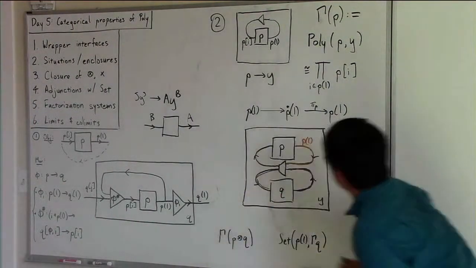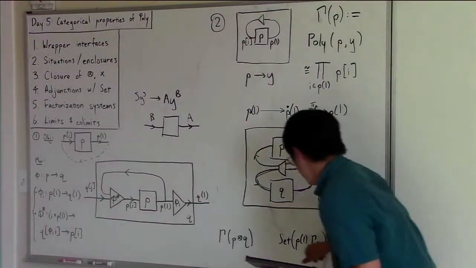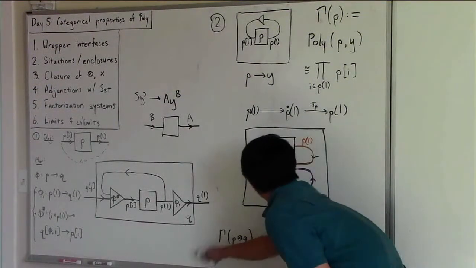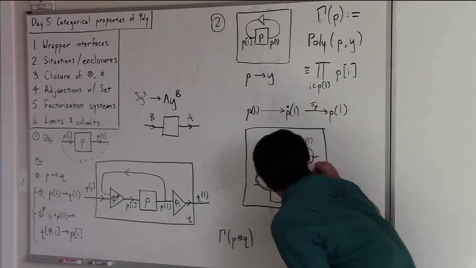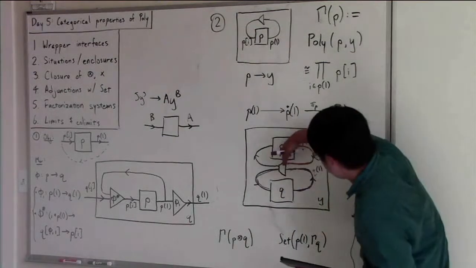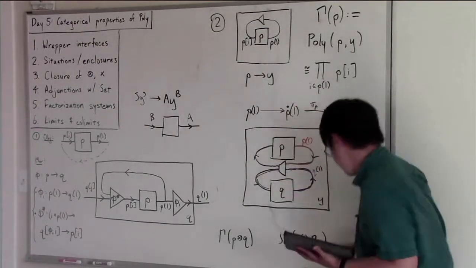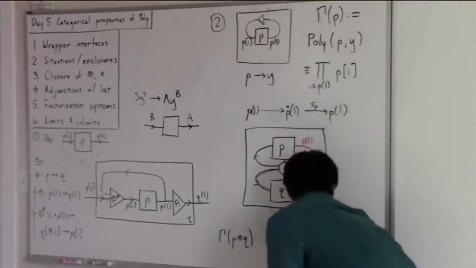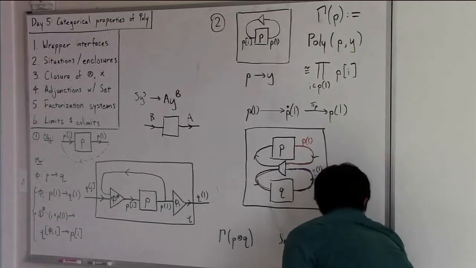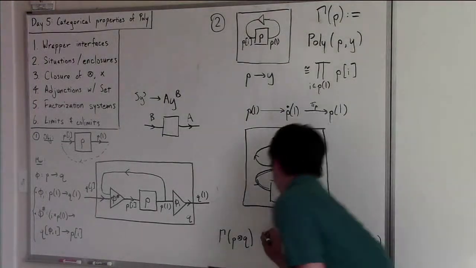Now, something symmetrical is happening on the other side. If we fix a position of q coming out of here, and we've already dealt with what's happening here, then really this trapezoid just becomes an enclosure of p. And so we are also assigning for each position of q an enclosure of p. And so in fact, we have this